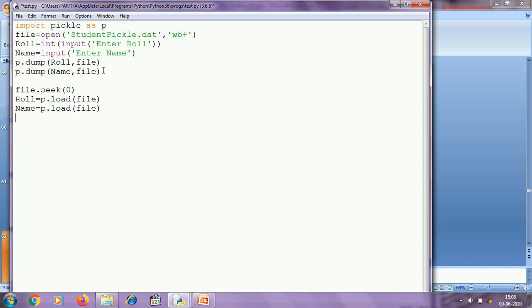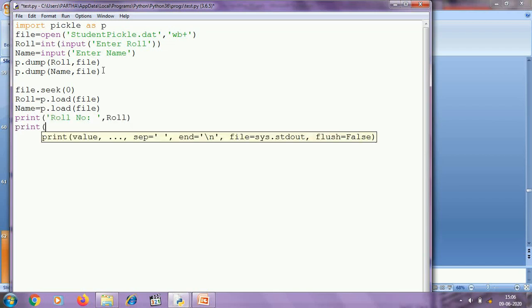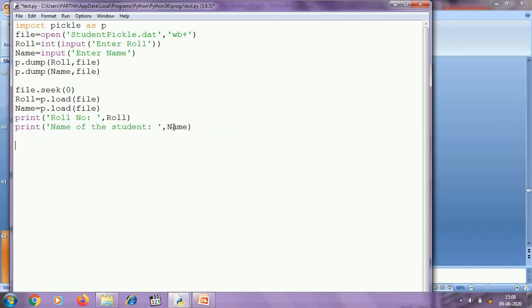After reading them I am going to display roll number and name. And finally I am closing the file using the close method.